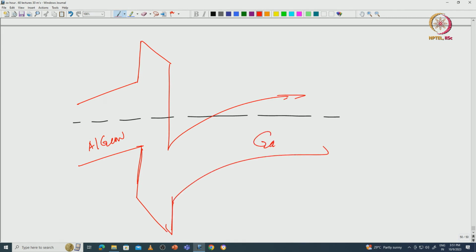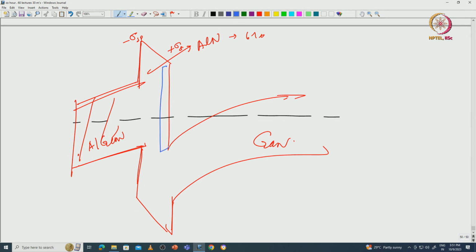This is GaN. This is AlN. AlN has a very large band gap, 6.1 electron volt, and this is AlGaN. The AlGaN band is bending opposite because there is an AlN which has very large negative polarization, okay, and a very large positive polarization here. So this delta EC, this is delta EC for AlN and GaN, it is very huge, and because it is huge, the electron gas